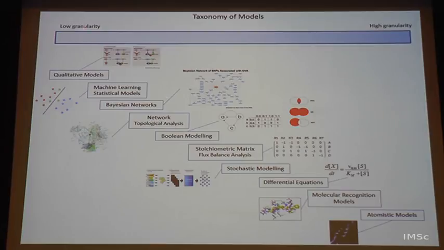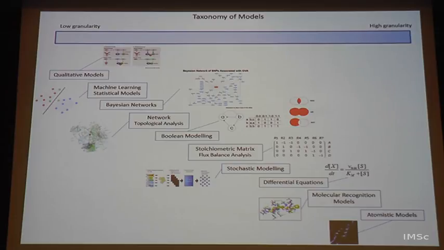So, we have low granularity models where the detail is lower, but the scale is usually much larger. High granularity models are very detailed, but for obvious reasons, they are restricted to a smaller number of components basically. So, at one end of the spectrum we have atomistic models, which could be molecular recognition or intermolecular energies, for example, or even molecular states of a particular protein, conformational states of a given protein, and so on. So, at this end we have that.